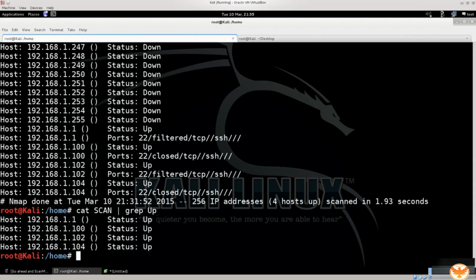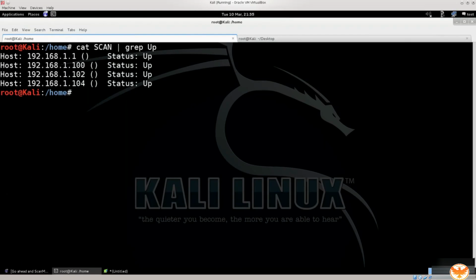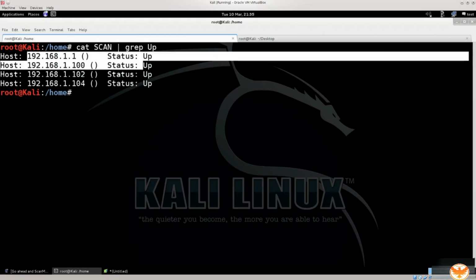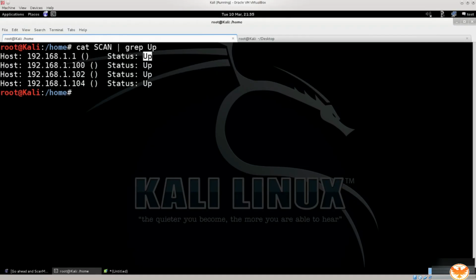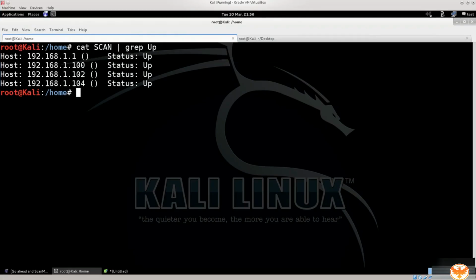Press enter. Excellent. And just to give you a bit of clarity, there we go. You have these flags which are up, so I have all the hosts here that are currently up and running, that are alive on the network. But this is not what I want. If I wanted to pass these IP addresses to another program or something of a kind, I wouldn't be able to pass this whole line because it would make no sense if the other program is requesting only the IP